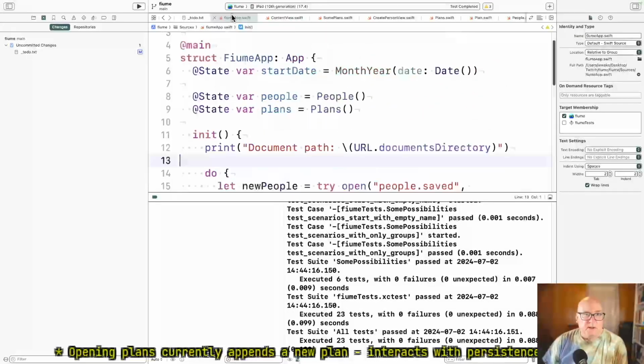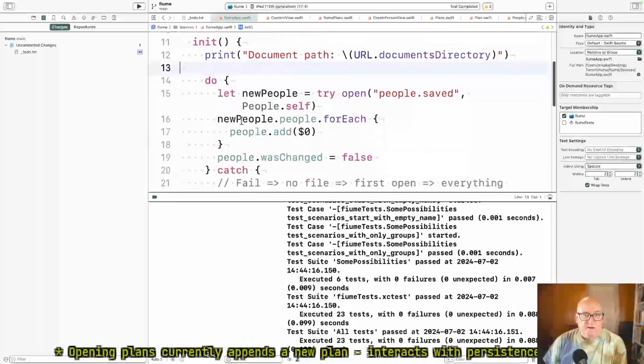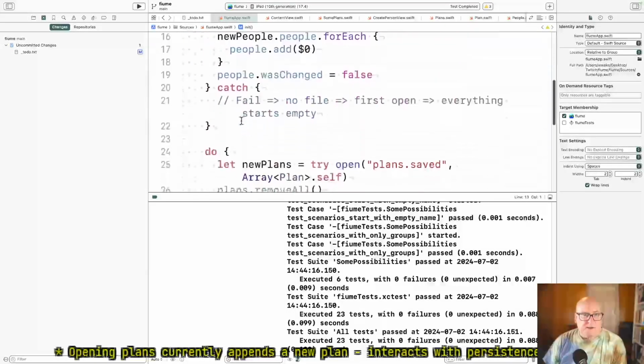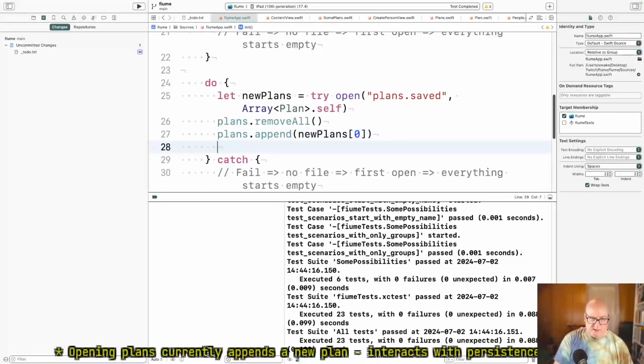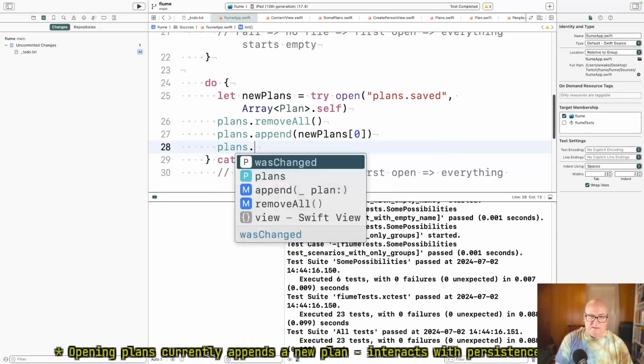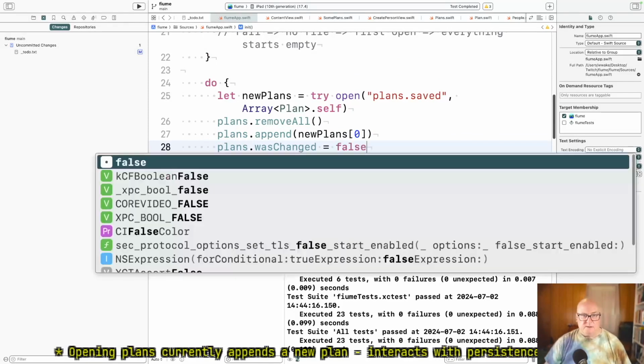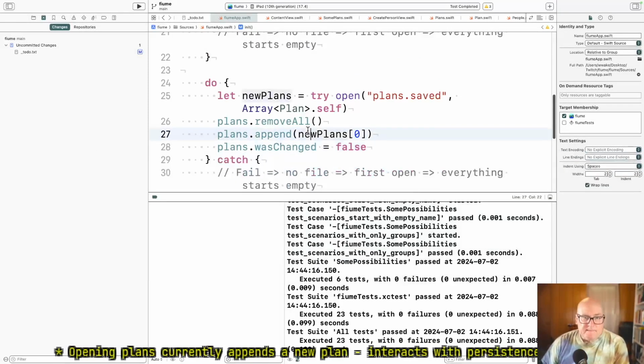He's got the state for plans, and then he should do the same thing: plans.wasChanged equals false. Now this is relying on there being only one entry in our array. Yeah, I don't know, we may need to modify that at some point, without the wasChanged flag being